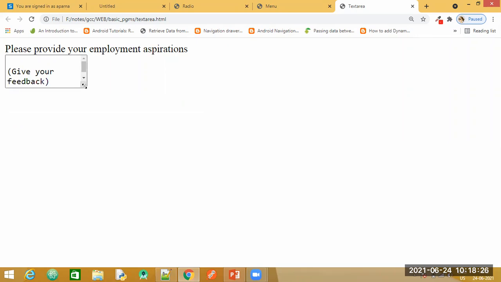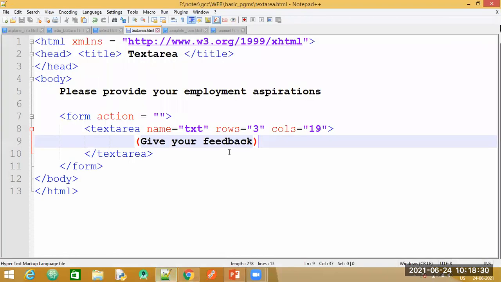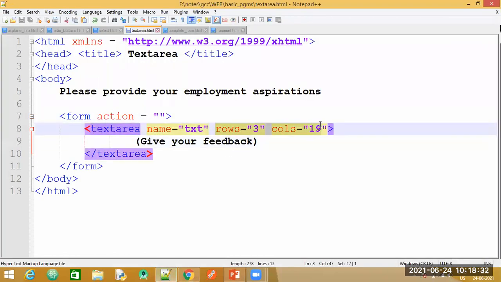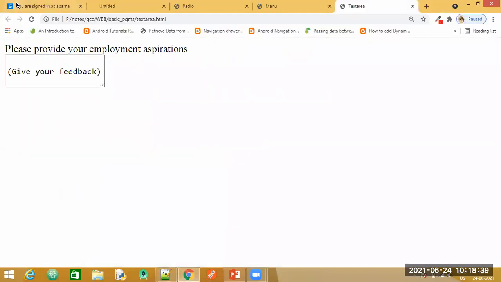Okay. Now, this is a default size. I'll show you if we remove these rows and columns. Let us remove these rows and columns. So this is how it is going to look. Okay.